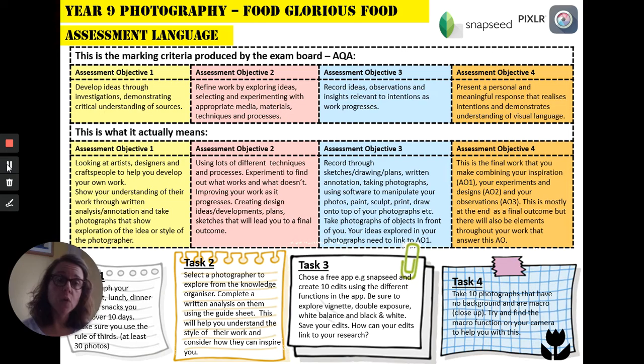Assessment Objective 4 is your response to all of those things. So essentially a final piece of work to go with the project. Now at the bottom here of this part of the Knowledge Organiser,